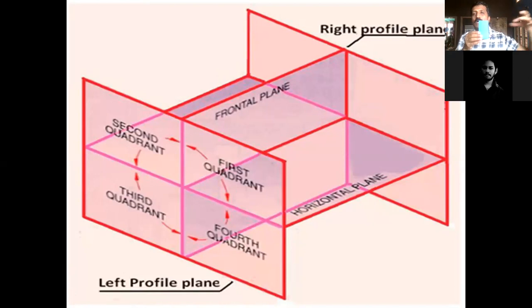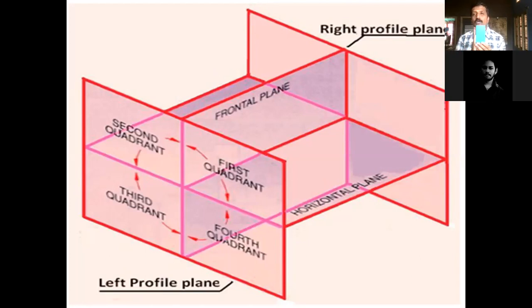Whatever view I am extending, whatever projection I am drawing, is on this profile plane. This profile plane is the left profile plane for me. Okay, I am standing; this is my left side, left profile plane. This is right profile plane. If I want to get the right view, I should see from the right side. Whatever object I am projecting, it goes here on the left profile plane. For the first and fourth quadrant, it is true.